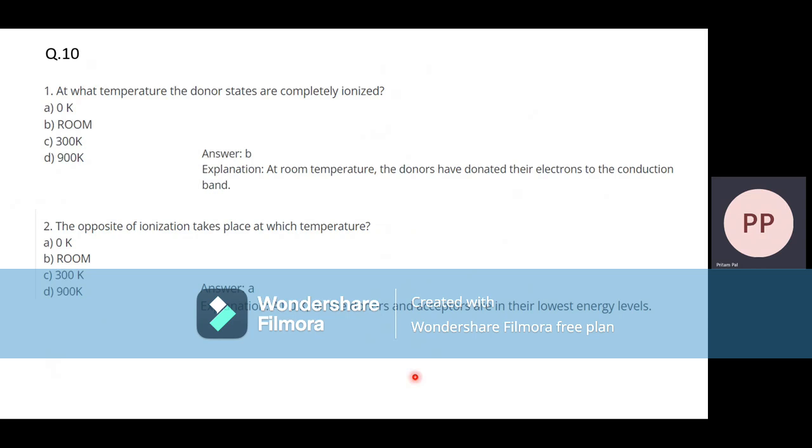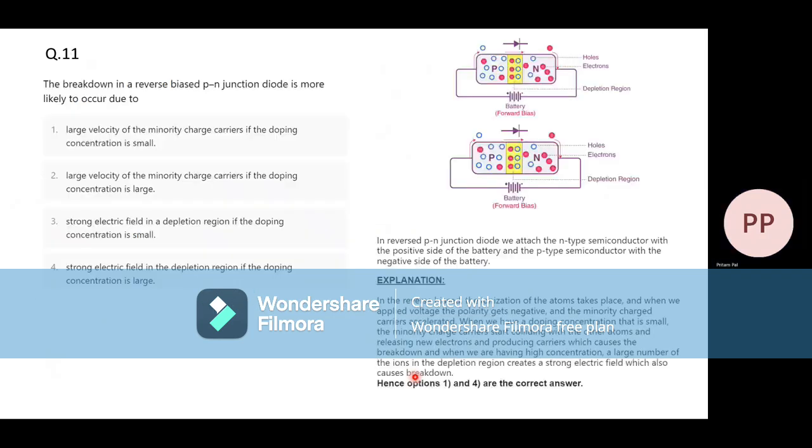So it's obvious that at 0 Kelvin temperature, all the donors and acceptors are in the lowest energy levels. At 0 Kelvin, there is no excitation between the energy levels, so they stay in the lowest energy possible state. That is called the ground state, so that will be the 0 Kelvin temperature. Okay, so the next question is